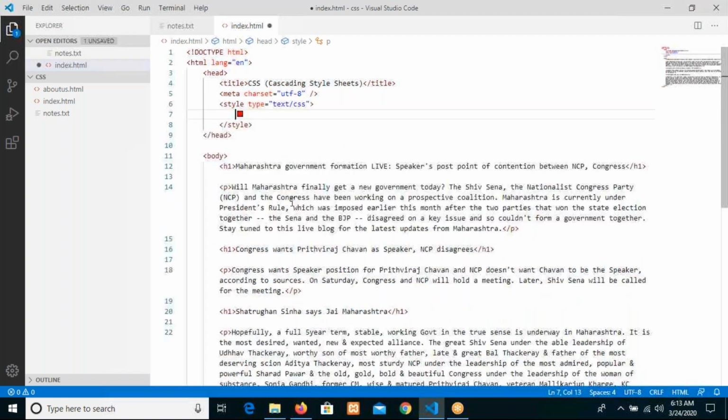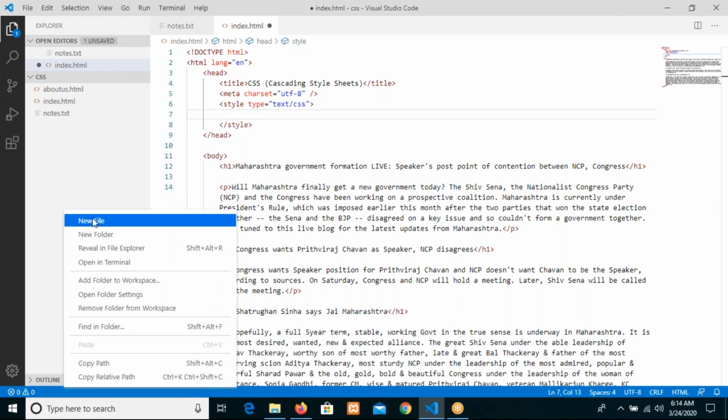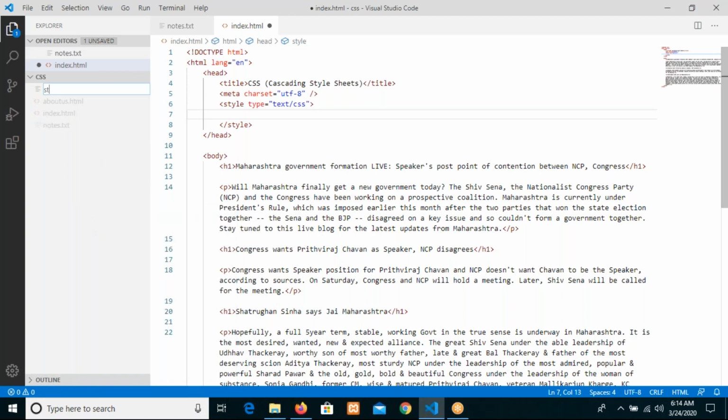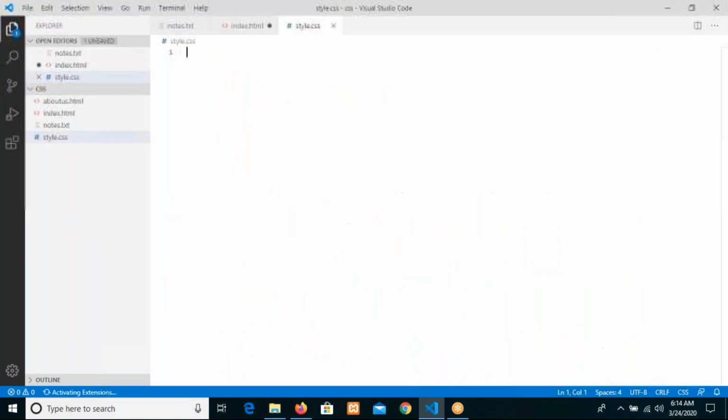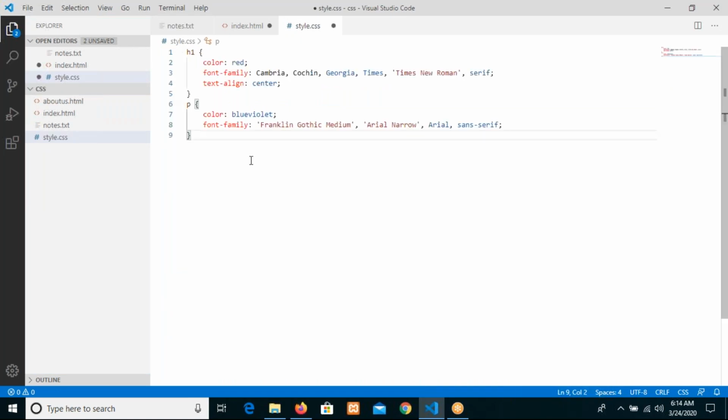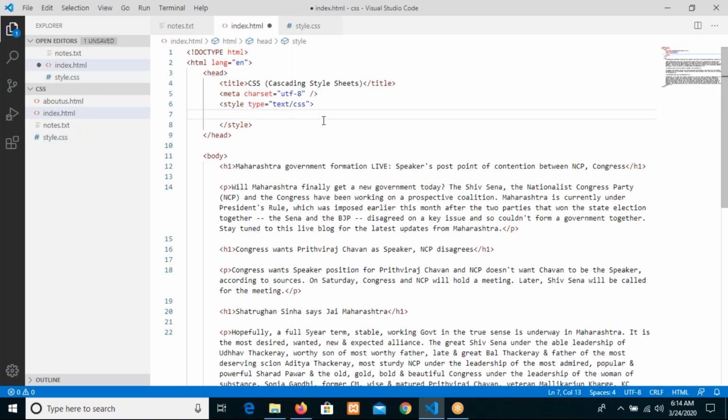All the properties we have written in the head, make a new file, any file, and its extension should be CSS, style.css. Here we have written them. And now if we see,